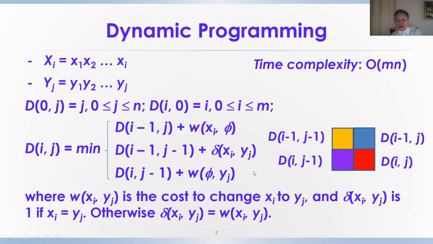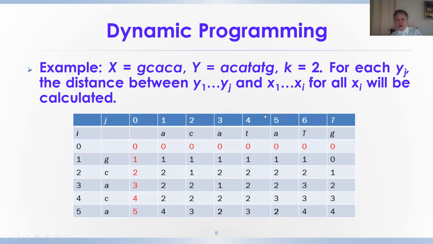It is a recursive equation to calculate dij. We'll first calculate all these three values. After these three values have been calculated, we simply take the minimum value among them, used as the value for dij. For example, to calculate the distance between pattern x and the target y, we generate a matrix